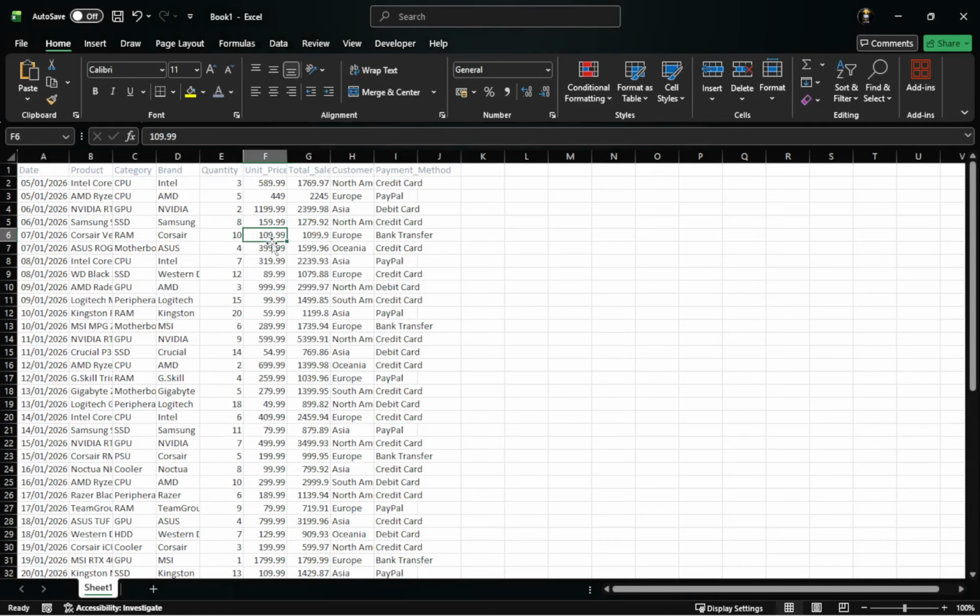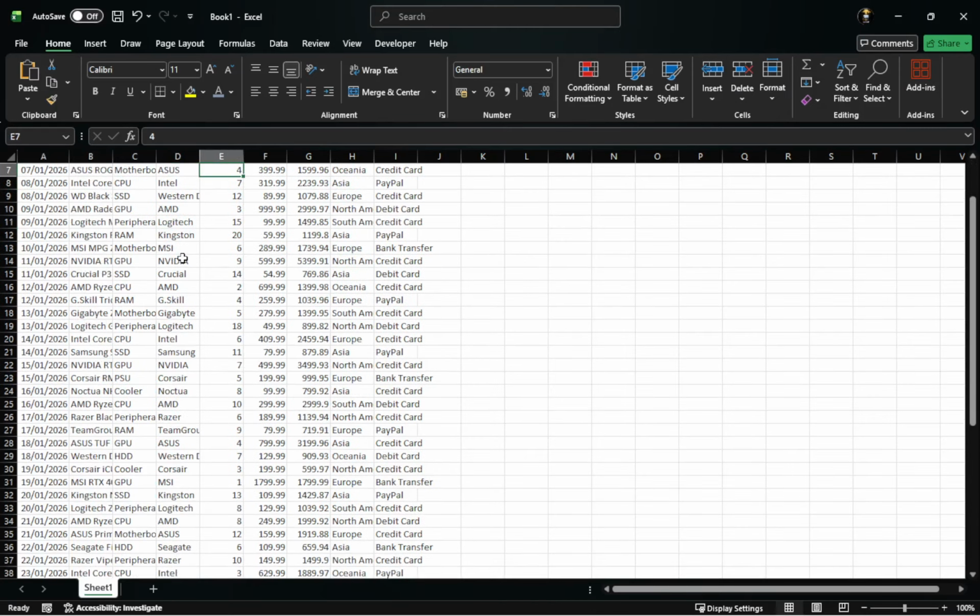Now enter your data in rows and columns. Each column should hold one type of information, like name, date, or amount. Put the labels for each column in the first row, for example, date or total, so Excel can treat these as headers. Then type each record on its own row underneath those labels.